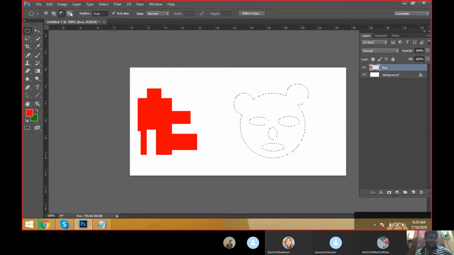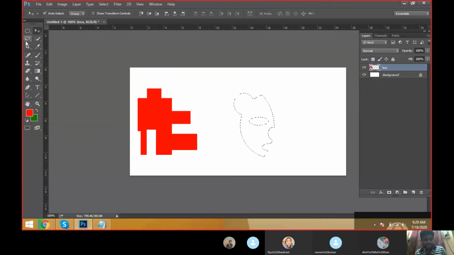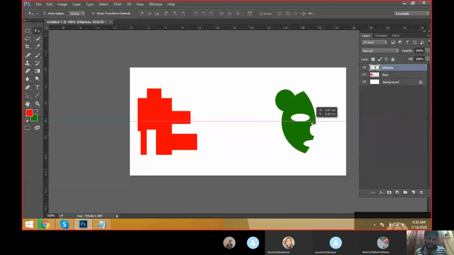These are the properties we can apply using selection tools. Again take a new layer, name it elliptical, and the other is rectangle, select the layer and fill the color. Nice.